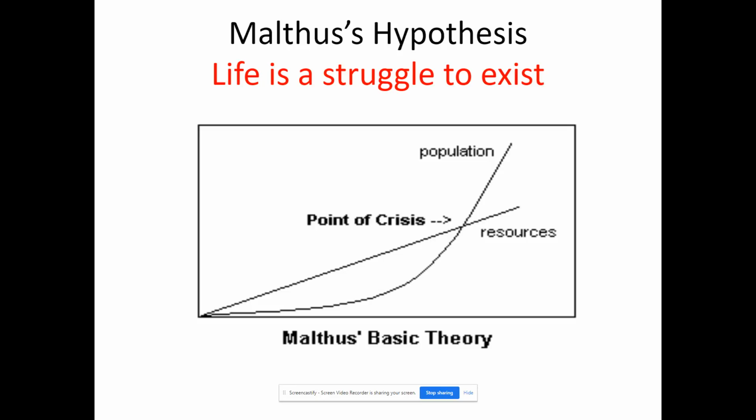Basically, that populations will increase, but they will only increase as there are resources available, and that resource limit produces this struggle for existence. And with that struggle, those who are most fit are going to be the ones that survive. And so you've probably heard the term survival of the fittest. This actually wasn't a Darwinian term. This was coined by a psychologist that had to do with these same kinds of ideas.